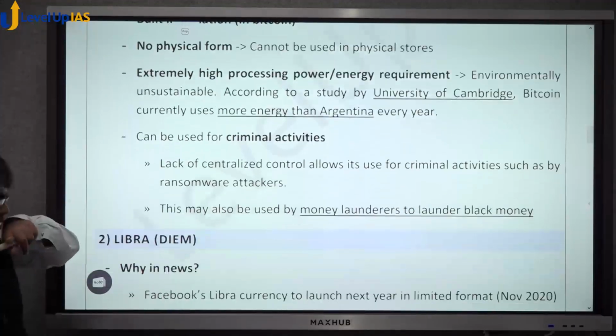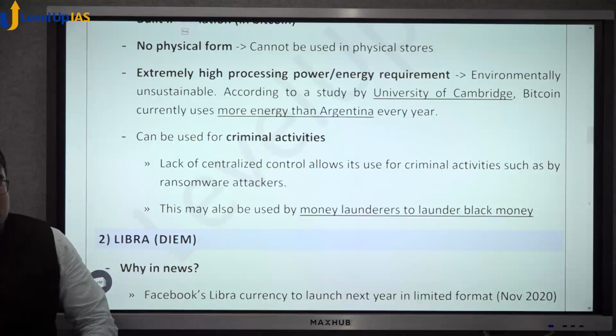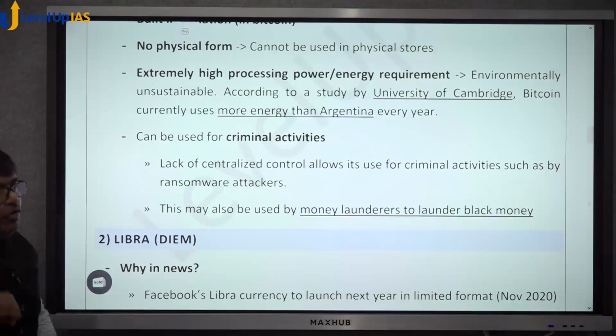Then anonymity was an advantage, but anonymity can be a problem also. Terrorists can keep transferring money from one person to another and keep getting involved in these activities. So these are some concerns. Okay,